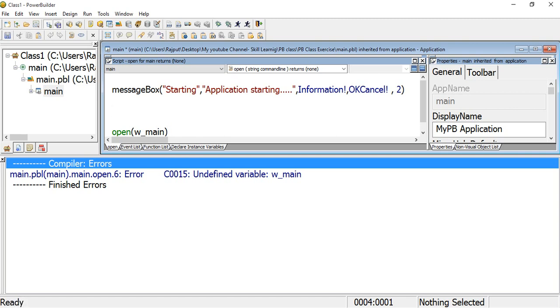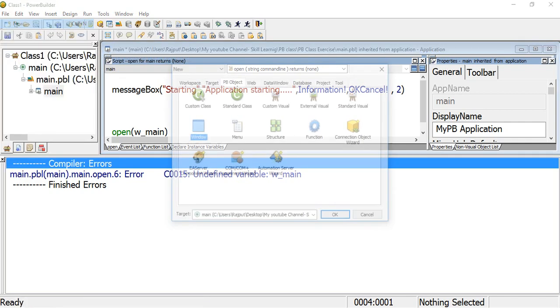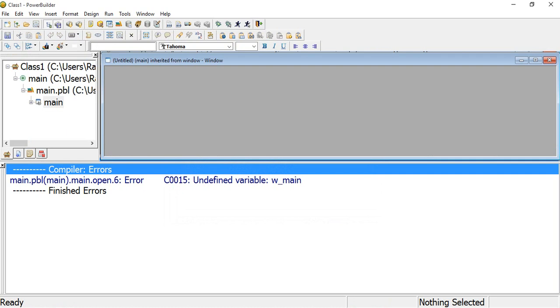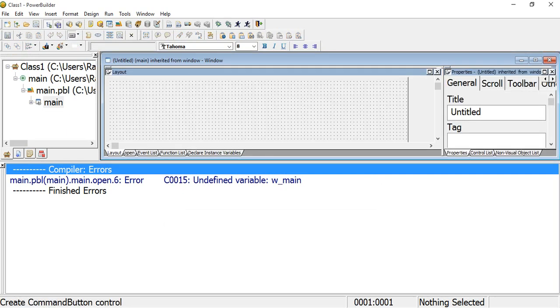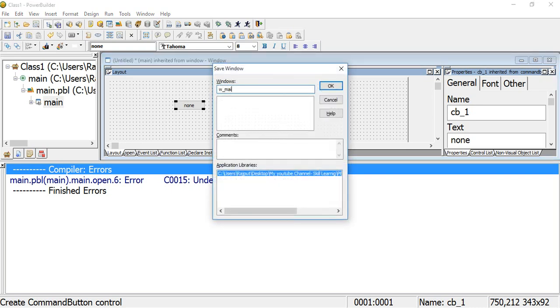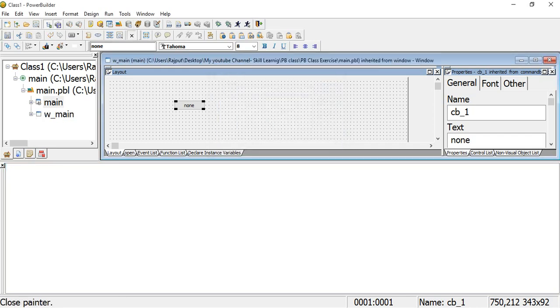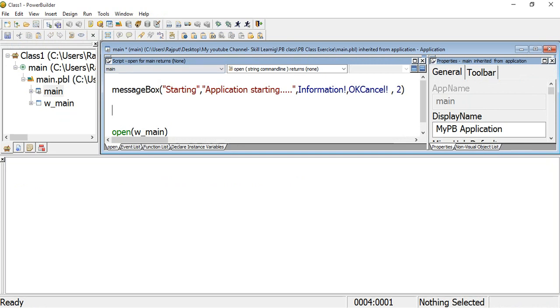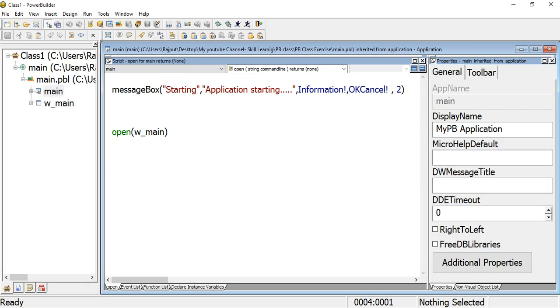It's not saving here. Oh, this is not saved now, so it is asking for the save. Yeah, w_main. This is save out. Now, actually, I'm not saving this option. Now it's saved. Now it does not compile again, because it's not saving. Then when I run it, it asks for the default save path.